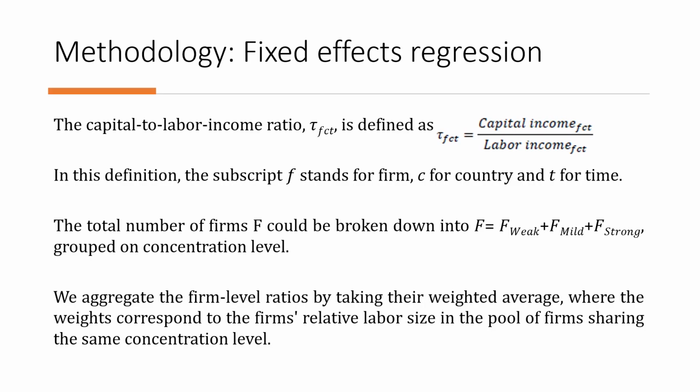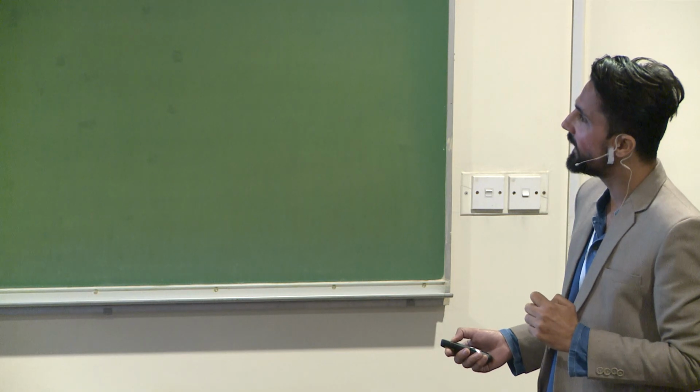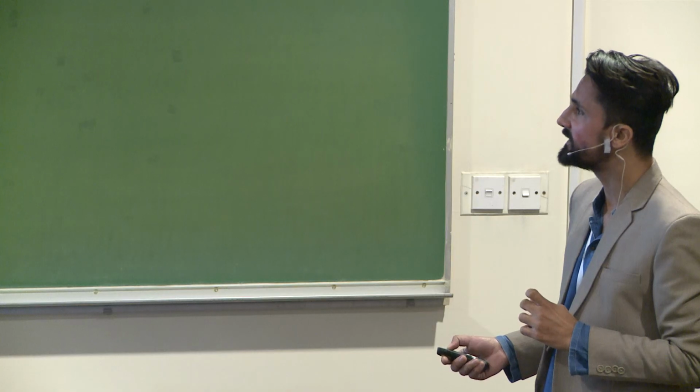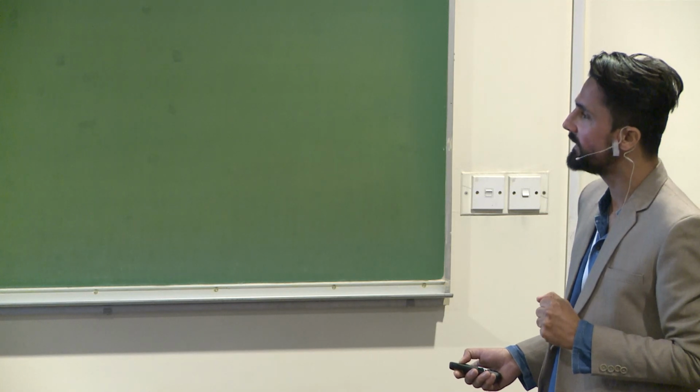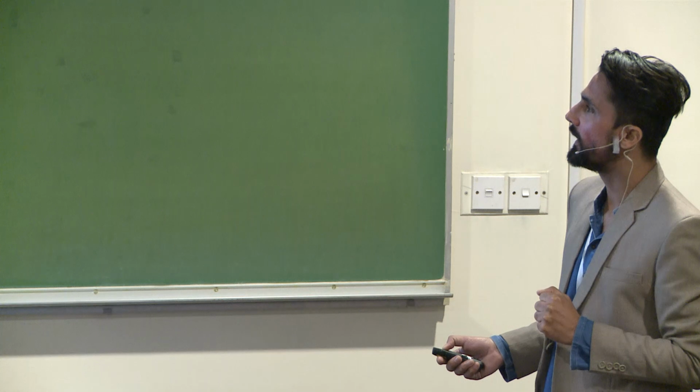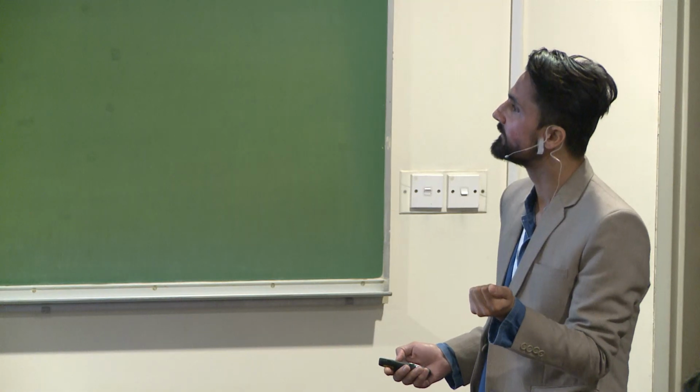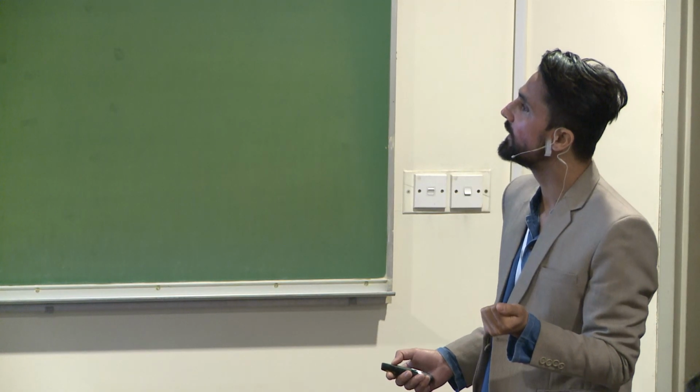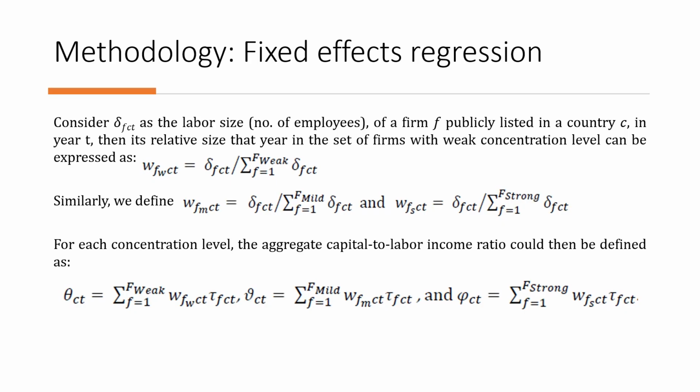For the fixed effect regression as well, the methodology is standard, but what I want to point out is that I've already explained this ratio. What I have done is calculate this ratio separately for weak, mild, and strong companies. The weights I use to give importance to ratios at the firm level are their relative labor size. If you denote labor size by the number of employees, then for all the firms with the same concentration level, you add all the employees, and you get a relative labor size for that weak concentration, and accordingly for mild and strong. So these are the weights, and they beautifully translate into the aggregate level capital to labor income ratio,